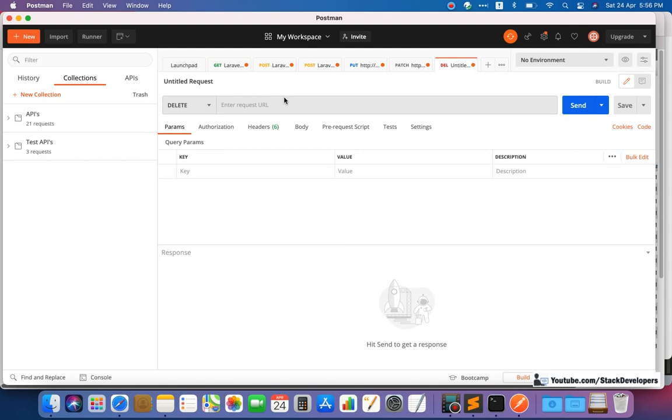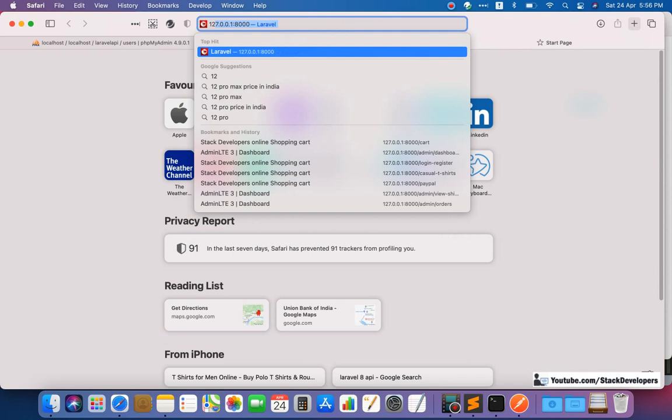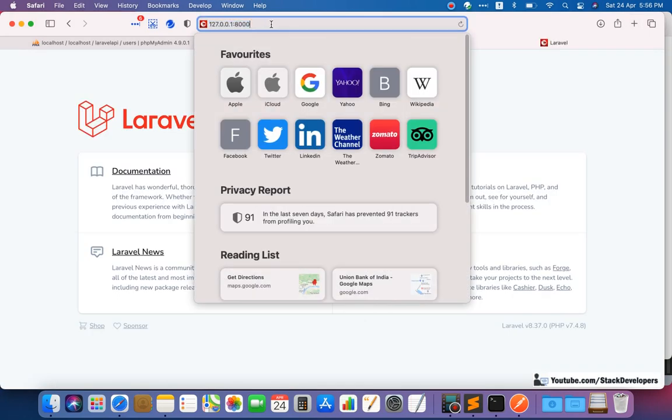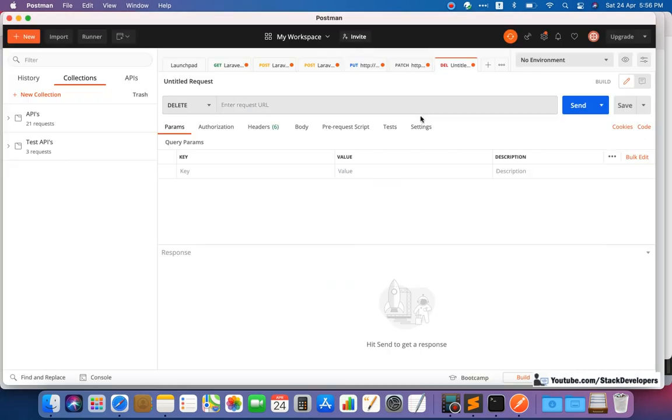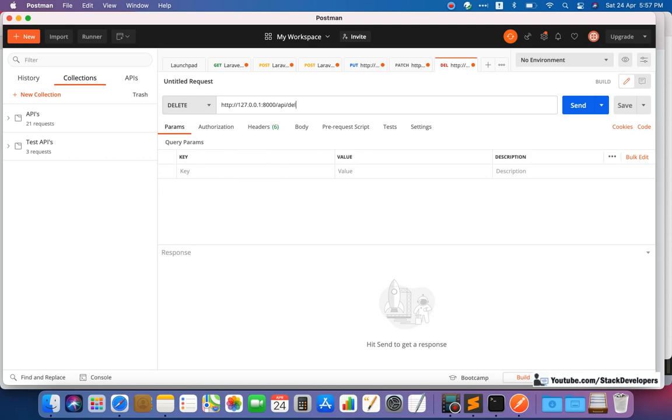First of all, I'm going to use the URL. We are running our Laravel website on the normal port, 127.0.0.1:8000. I can copy this URL and paste it up here, and then the API prefix is added to every API, and after that I am going to make the URL like delete user.